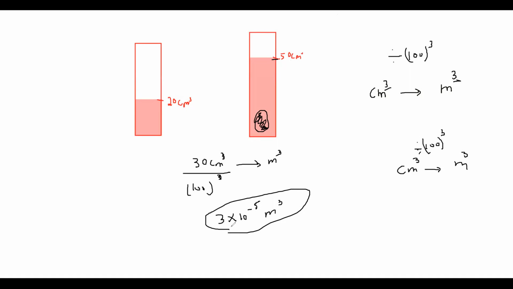Okay. So this conversion is very important, because sometime you will learn a topic about the density. There, the unit conversion is very important. So you should be able to convert centimeter cube into meter cube or meter cube into centimeter cube. If this was in meter and you want to convert into centimeter, you tend to multiply by 100. Same thing, it is meter cube. You want to convert into centimeter cube. So what you will do, you will multiply by 100 cube.